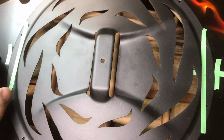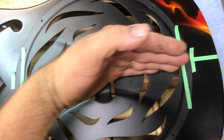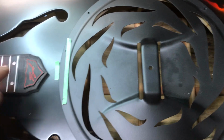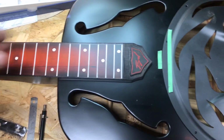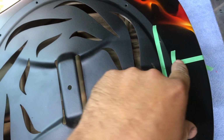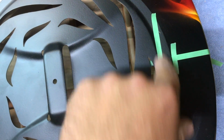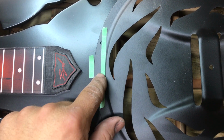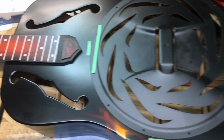When I aligned the neck, remember it was raw wood, and you could see the book-matched center line, and so that's how I lined the neck up when I set it. So now when it slips on and tightens down, it's straight. I'm using this as a reference, went straight down to this point, and then I taped off between these holes on this cover plate and measured between the two. So there's my center and there's my center, and then I lined it up with the center line that goes down the whole thing. Take a look at it, getting closer. Looking pretty neat. The cover plate's all